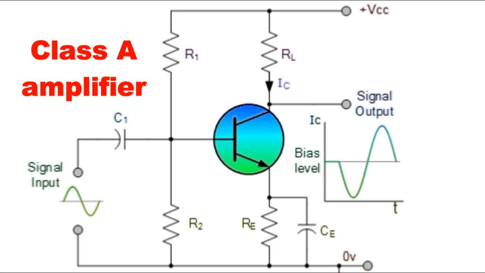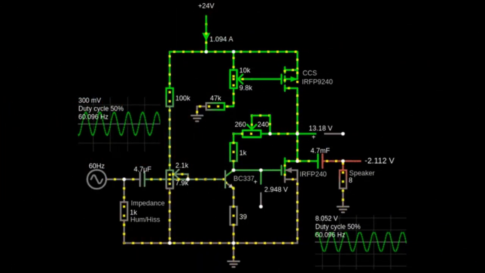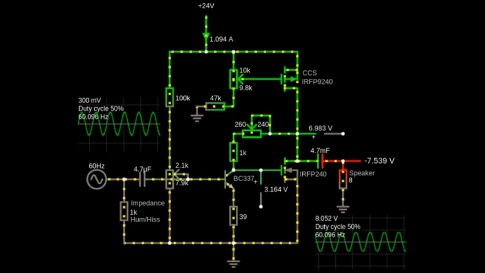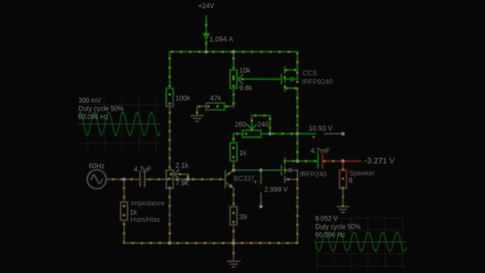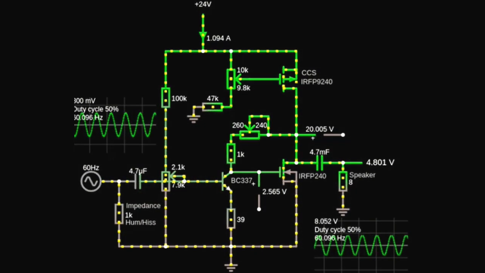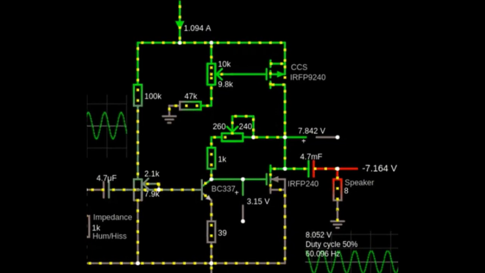Class A amplifier. A Class A amplifier reproduces the input signal perfectly at the output. In this amplifier, the transistor is fully biased in the active region and therefore does not operate in the cutoff or saturation regions. As a result, the AC input signal will be exactly between the upper and lower bounds of the amplifier signal. In this configuration, the same transistors are used for both halves of the output waveform,